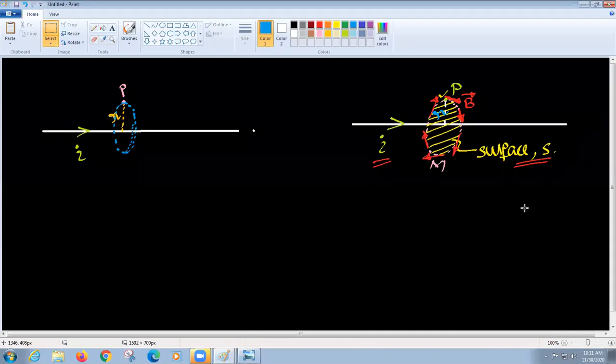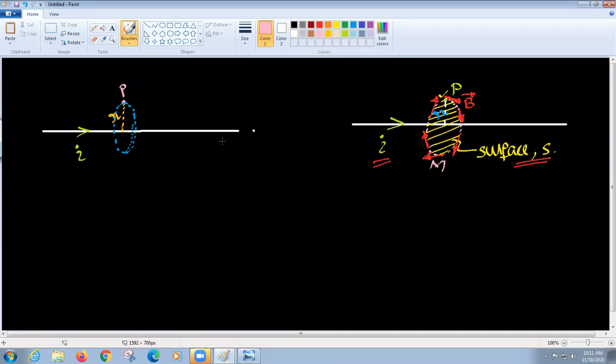Now you just tell me the edges of the surface. The edge of the surface is the Amperian path M. Now the surface is just lying on a plane where you have this Amperian path M. But now in a different situation, we will take a surface shape to be something like this. See, irrespective of the shape of the surface, Ampere's law must hold. That is a well-known fact.